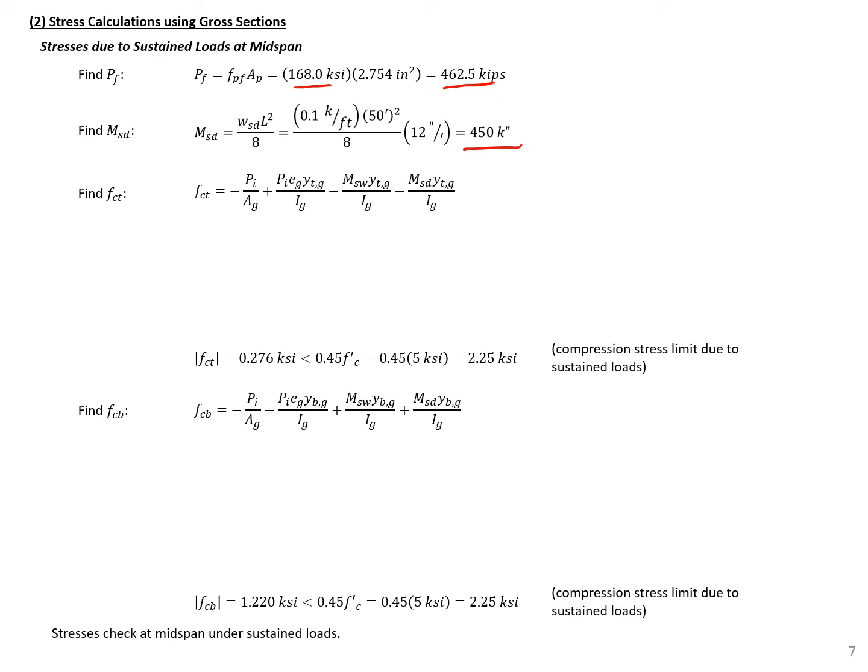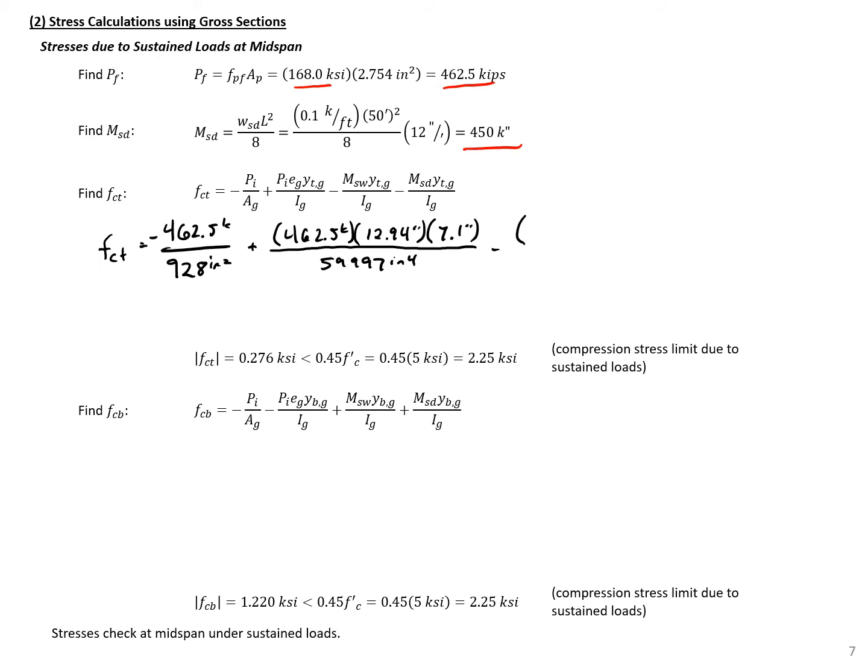So adding all of our components together, we'll get our F sub CT to be equal to negative 462.5 kips divided by our gross area, 928 inches squared, plus 462.5 times our strand eccentricity, 12.94, times the distance between the centroid and the top of the section, 7.1 inch, divided by our gross moment of inertia, 59,997 inches to the fourth, and then minus, because we have the same gross moment of inertia and the same